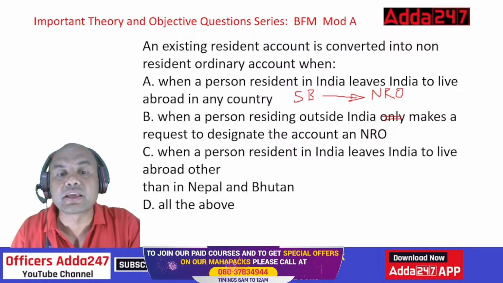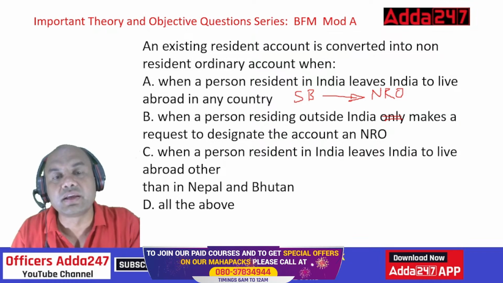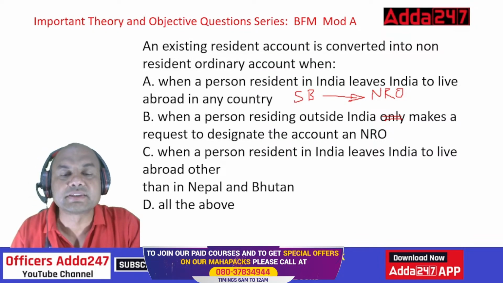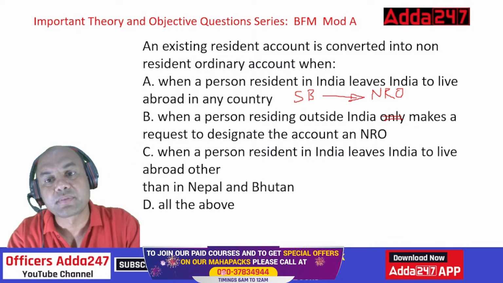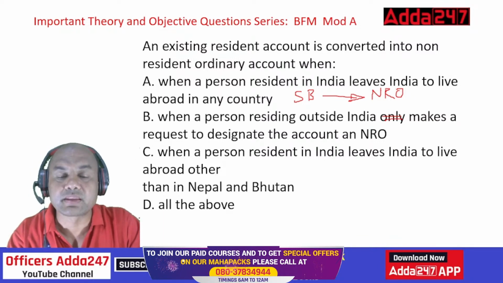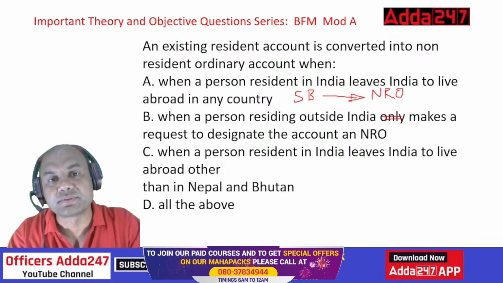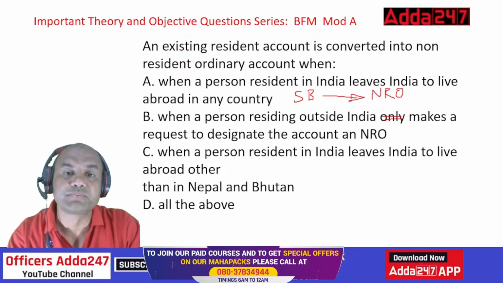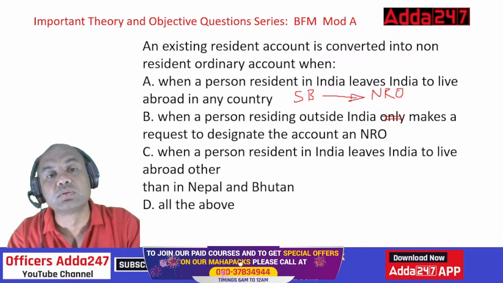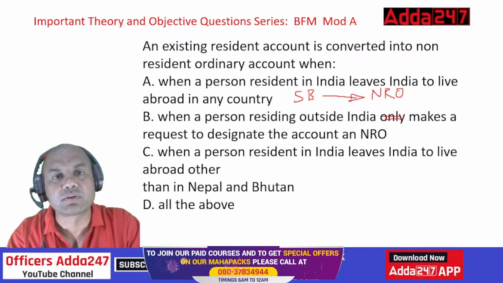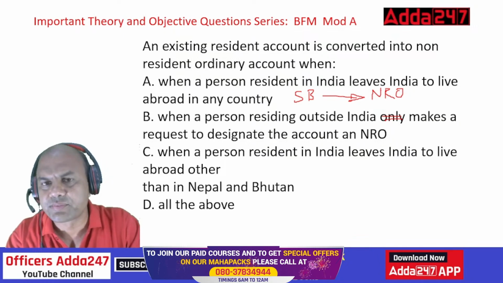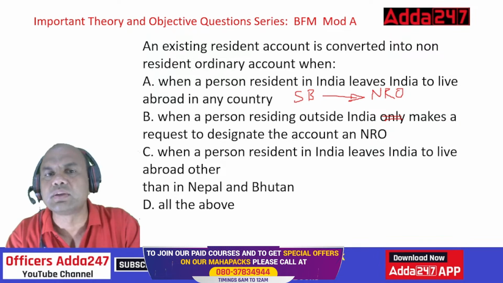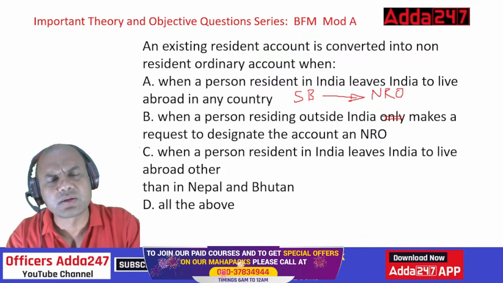See, our earlier case was what? I was leaving India, I have to leave India and then I am coming to you. The second case is I have already left India, Bharat. I have already left Bharat and I am staying in USA since the last 2 years, but I am having one savings account with you. Actually, as per the rule, an NRI should never have a savings account, but I have not told you. How will you know? Suppose I go to USA, who will tell you that I have gone to USA? You won't come to know.